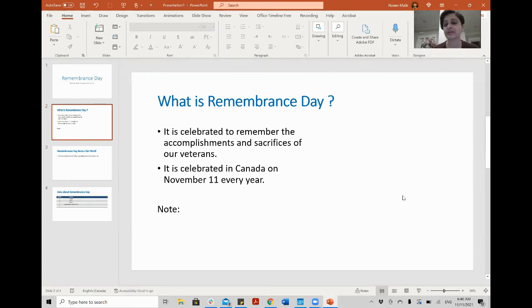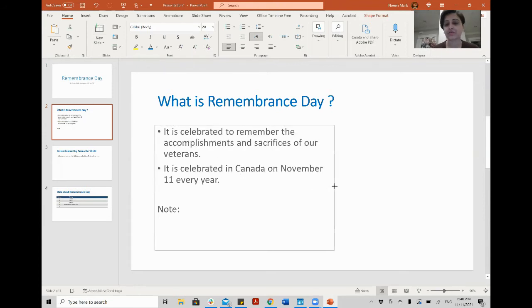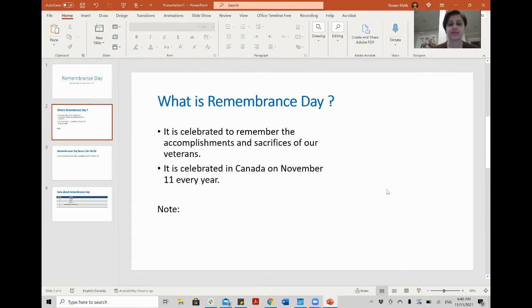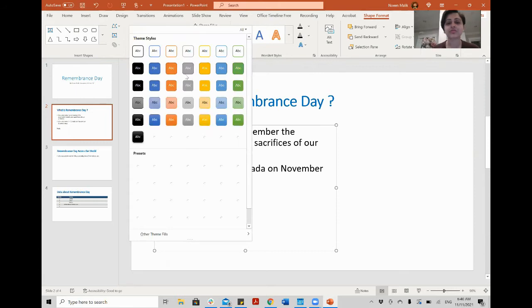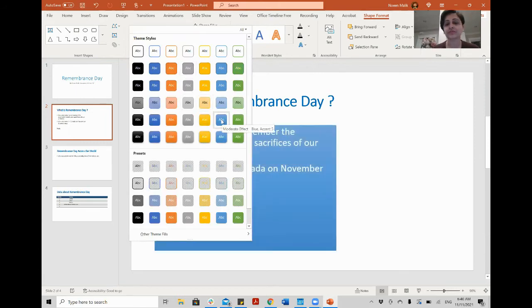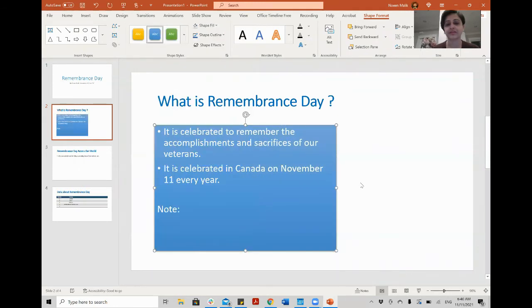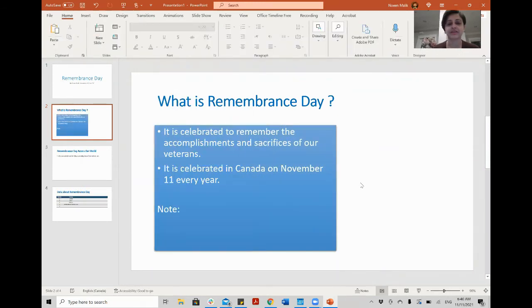Now here I can insert the picture. This space is free for me. A little bit, I will make it up to here so that it looks nice. Okay. You can even change the settings of this. For example, I select it and go to Shape Format. You see Shape Styles here. So many. You can choose a style from here, which is shown. Let's select this one. It looks good, right? So here now we can insert,